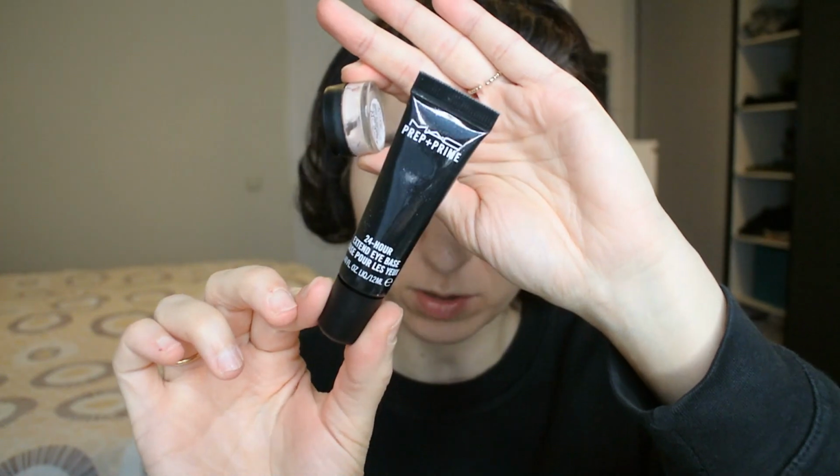So I am a huge fan of the MAC 24-hour eye base. I have mentioned this on several occasions. It is like a staple product for me. It's the only eyeshadow base that I have used for the past several years. This is my backup. Now, a couple of days ago, I couldn't really squeeze out anything from my old one anymore, and I had this lurking suspicion already the previous time that I used up my previous eyeshadow base that there is a lot of product left over in the packaging. The product has a very thick paste texture, and I was completely sure that a lot of it is stuck to the walls of the tube, and I was determined this time that there will be no waste